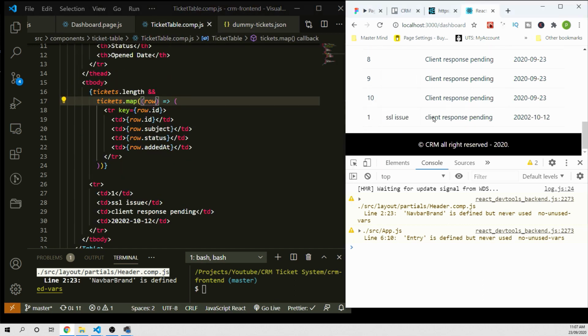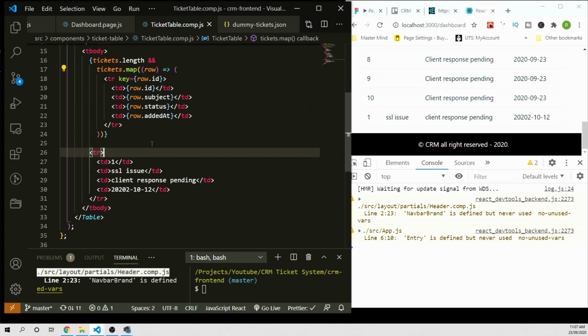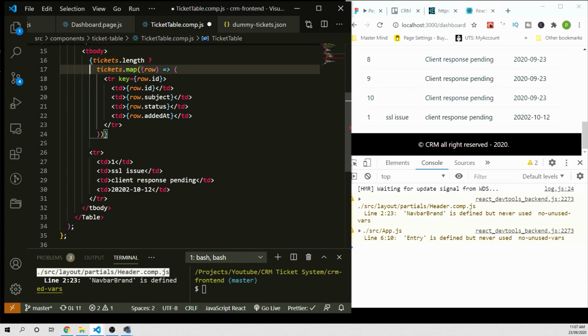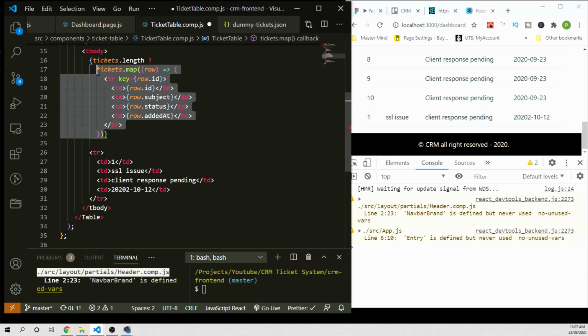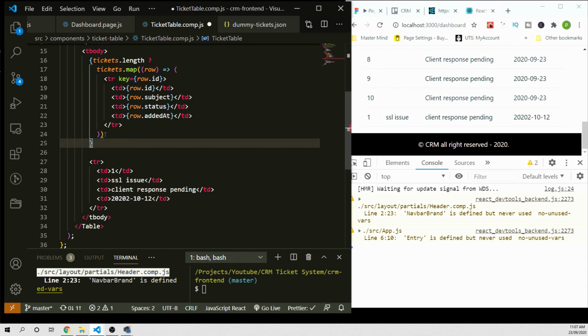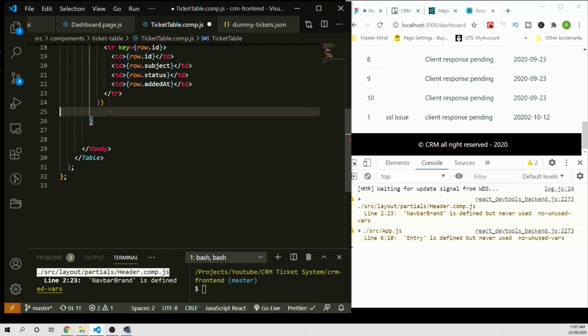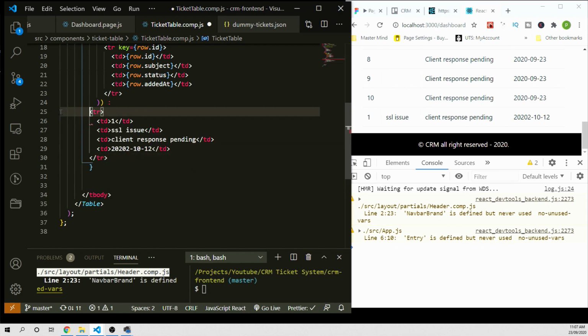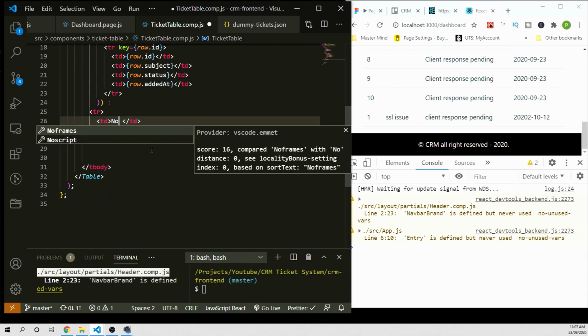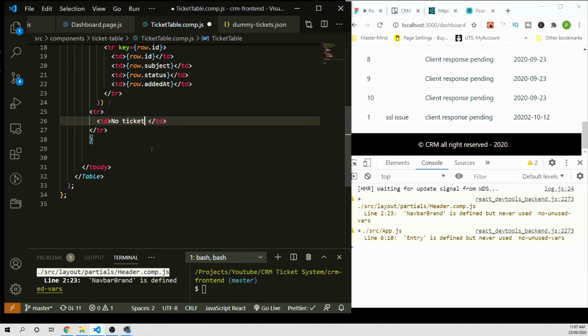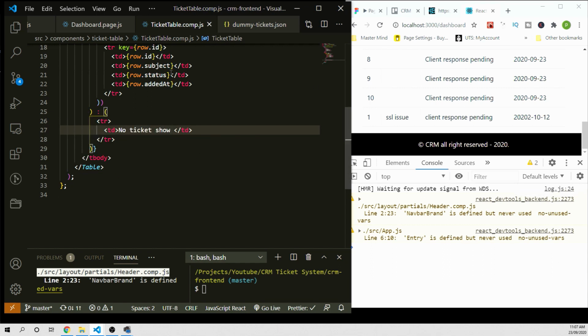The bottom one, the last one, I left it because what I want to do instead of and, let's do a ternary operation. If we have a length of the ticket, do represent this one in our table. If you don't have it, then you say otherwise, else, like that, colon defines else, display this table. But what I'm going to do, instead of leaving all the data here, I only want one column here, and say no ticket to show,